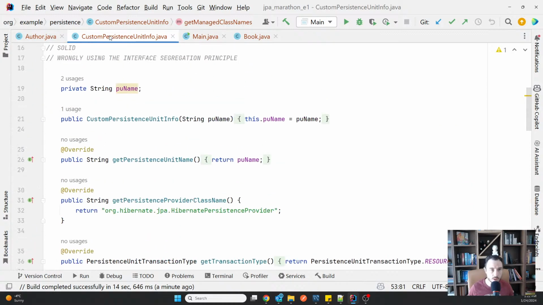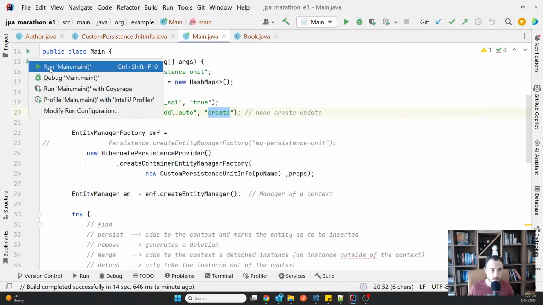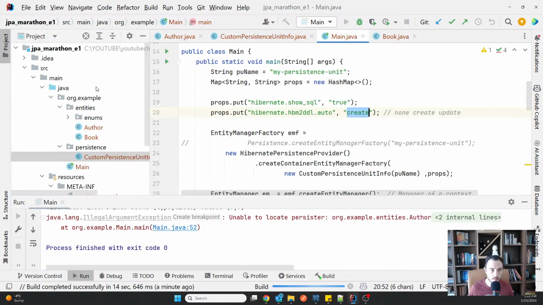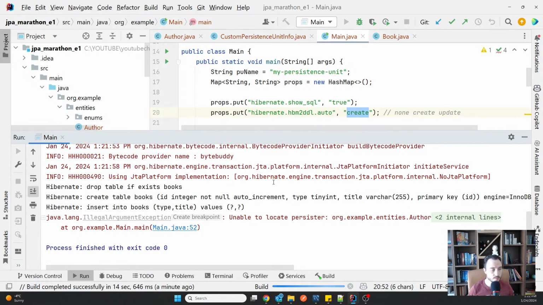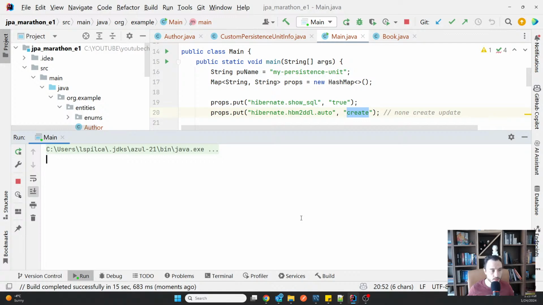So I'm gonna just run it again. Okay, here it goes, it's running.